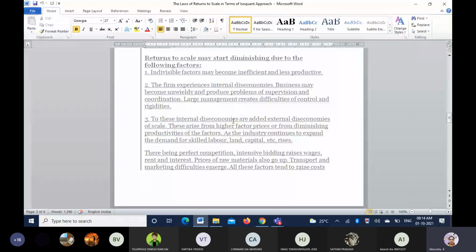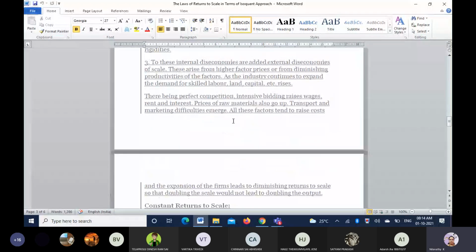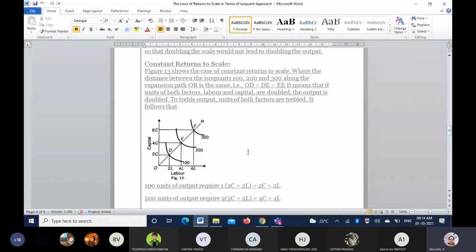In the same way, this is the constant returns to scale. So in constant returns to scale, the scale is maintained in the same proportion. In the same way, the output is also received in the same proportion. So here you can see the very first 100 units are produced with 2 units of capital and 2 units of labor, and the second 100 units of production is received by again using 2 units of capital and 2 units of labor. This is all together, but what is the addition that you are using to get this additional output? That is what you have to see. So 2 units of capital and 2 units of labor.